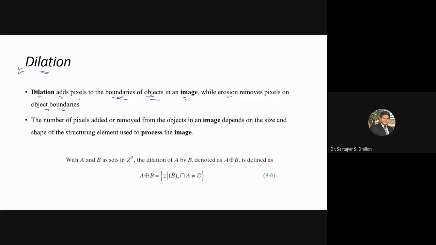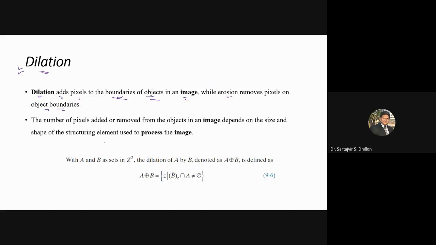So here you can easily recognize the difference between dilation and erosion. Erosion is generally used for shrinking the image or thinning the lines, and dilation is used to thicken the foreground or boundaries of the object.